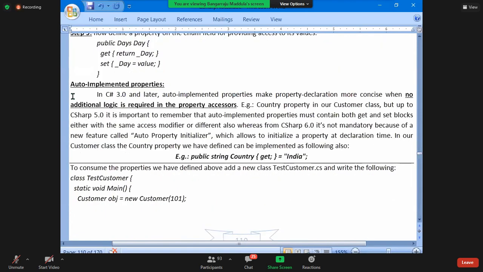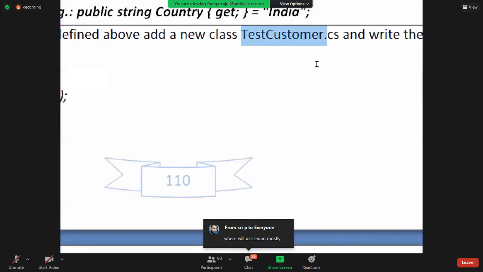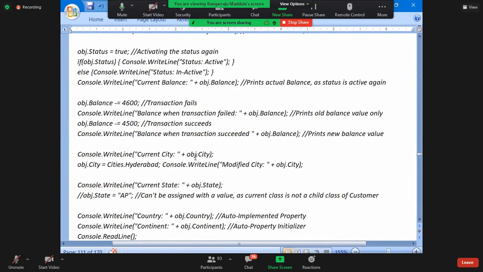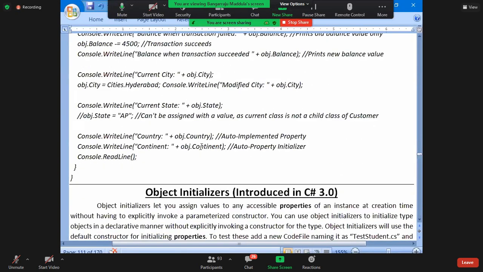Next, auto implemented property, all these things I explained here. And finally, we have the third class. What is that? TestCustomer.cs, where I created the instance and called all the properties. All the properties have comments, for each and every property. What is possible, what is not possible, everything.